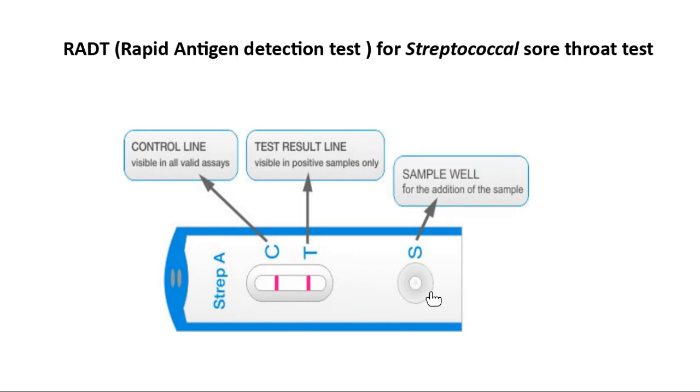So if the antigen is not present in the specimen, there is no antigen-antibody reaction, so there is no line. When there is no line, it means the patient specimen does not contain the streptococcal antigen, so the infection is not streptococcal. But if the line is present, this test is positive for the streptococcal infection. The C line is the validity of the test. If this line is present, your test is valid. If it is not present, the test is invalid, and you perform the test again. Clear?